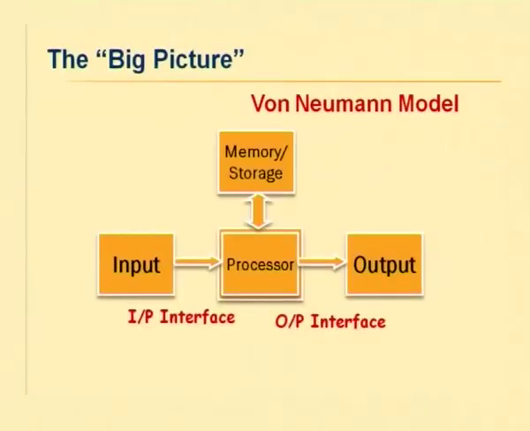Remember this big picture that we have been talking about, which is called the von Neumann model. We have the processor as the central piece here, and then we have the input interface, the output interface, and the interfaces for both of these, and then you have the memory and storage. Under the von Neumann model, these basic 4 units are the major functional units that we need to understand. So, we need to look at details of what happens inside the processor, what happens inside the memory storage unit, and what happens for the input and the output operations.